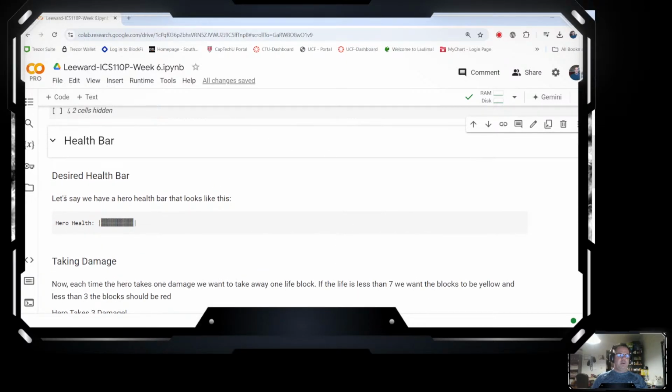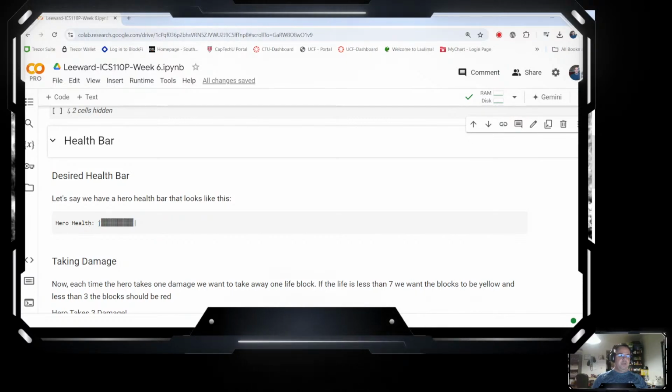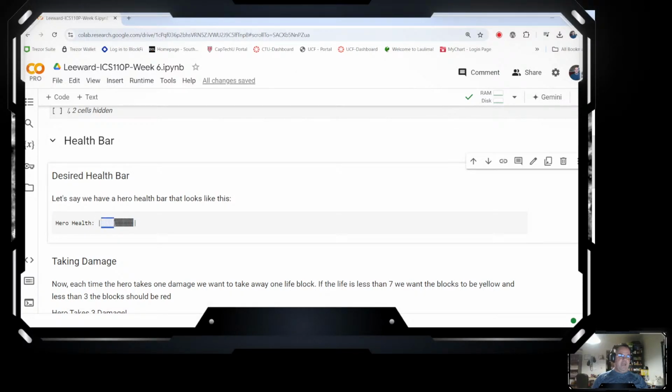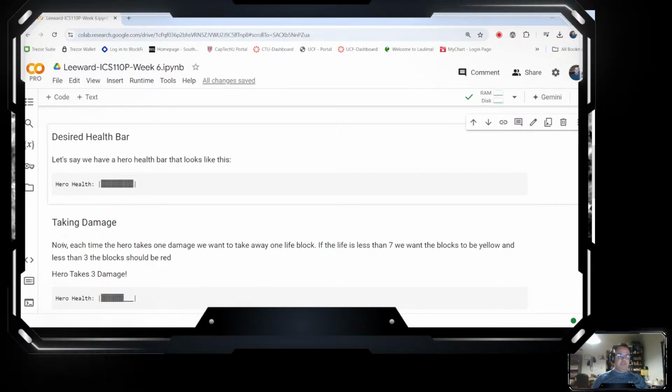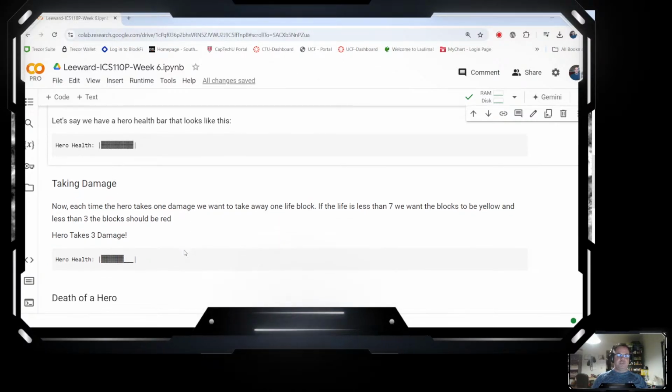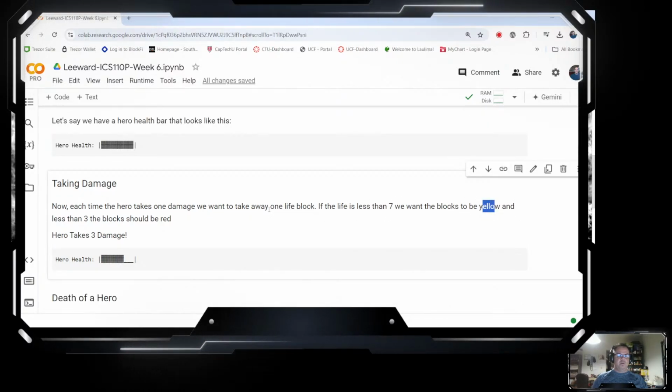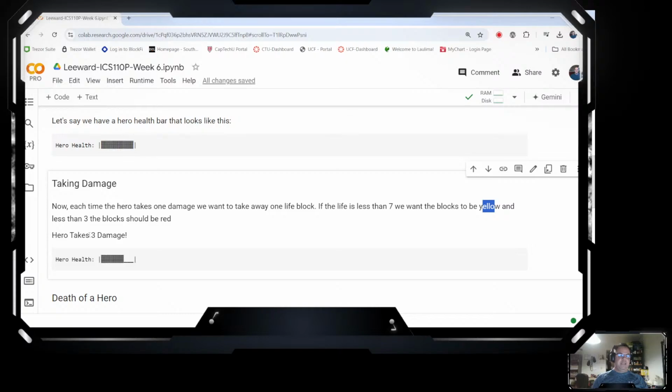So we want a health bar that looks like this. We want to say hero health, have vertical bars, and we want it to have blocks representing the amount of health. In this case, there's 10 blocks. Each block represents 10% health. When the player takes damage, either 1 damage or 3 damage, we want to take away that number of life blocks. If it's less than 7, we'll look at colors later on for yellow and red and stuff like that. But if the hero takes 3 damage, we want the blocks to be 7 blocks and 3 blank